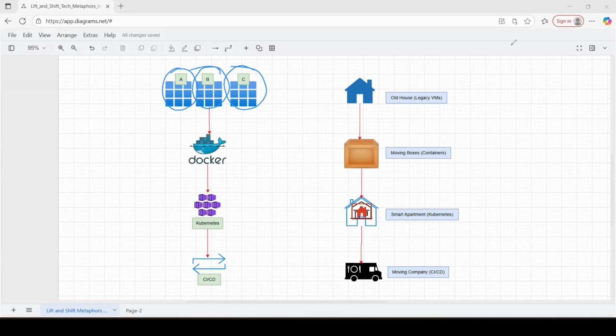All these apps were originally running on virtual machines, VMs. They were tightly coupled with custom scripts and manual jobs. This made scaling hard, like a house wide with messy extension cords everywhere. One small overload could trip the whole system. To modernize with Kubernetes, we decided to lift the apps as they were and shift them into a more resilient